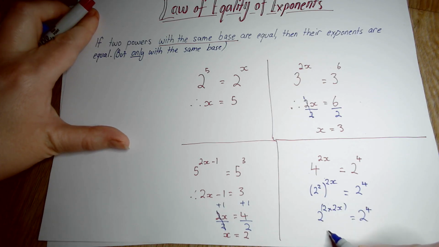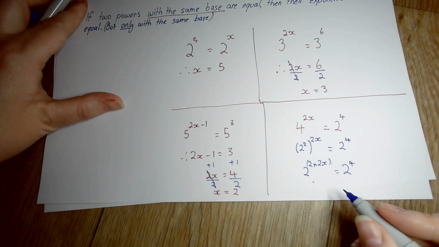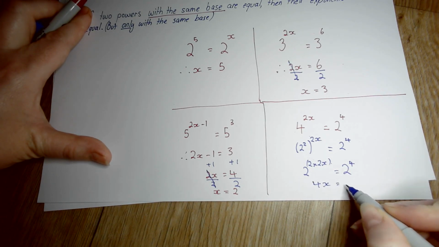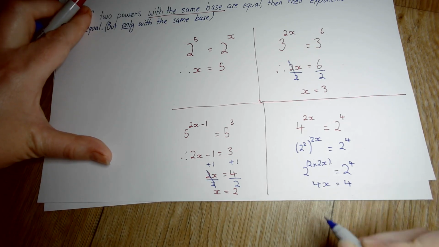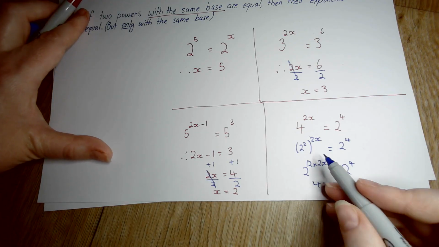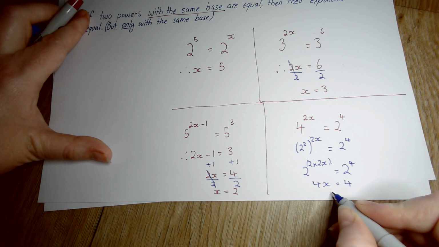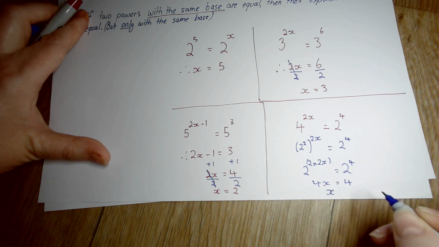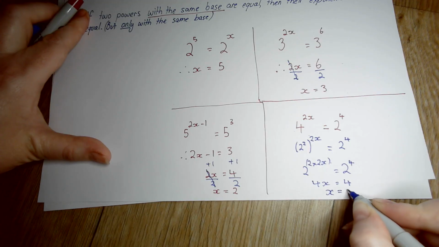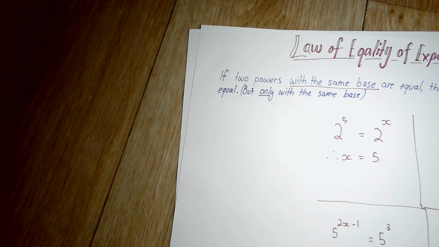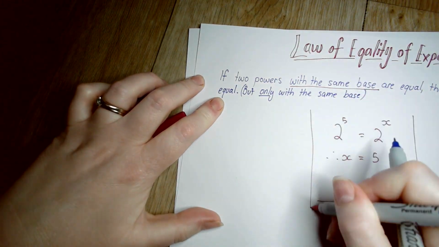And then we have something equal here, so we can go 2 to the power of 2 times 2 is going to be 4x. So I'm just going to skip one line of working out and go 4x is equal to 4. And I hope you can follow that, just because I'm out of room on the paper. But I've just gone 2 times 2 is 4, so 4x equals 4. So therefore x, if I divide by 4 on each side, I'm going to have x is equal to 1. I'm going to do one more slightly trickier one where we might have to